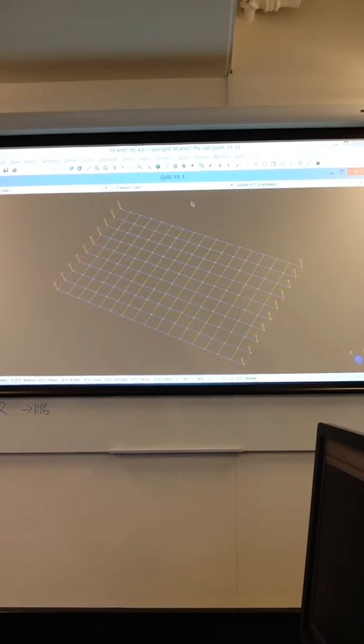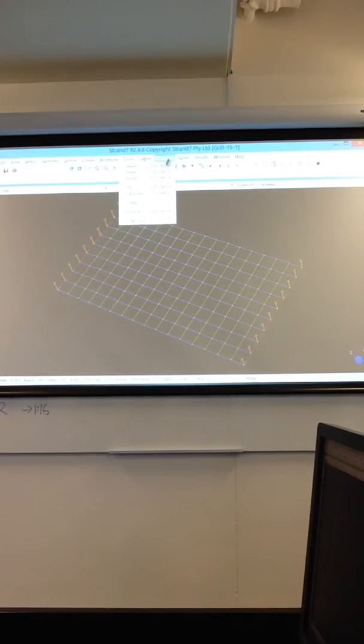Okay, so we'll go back to the model we had last week, and you may remember we just set up the basic model, we put in the beam properties, but we didn't set up any locations. So that's what we need to do this week. First thing we need to do is make sure our beam properties are correct in terms of the density, so such self-weight calculation will be correct. If we go and look under property, beam,